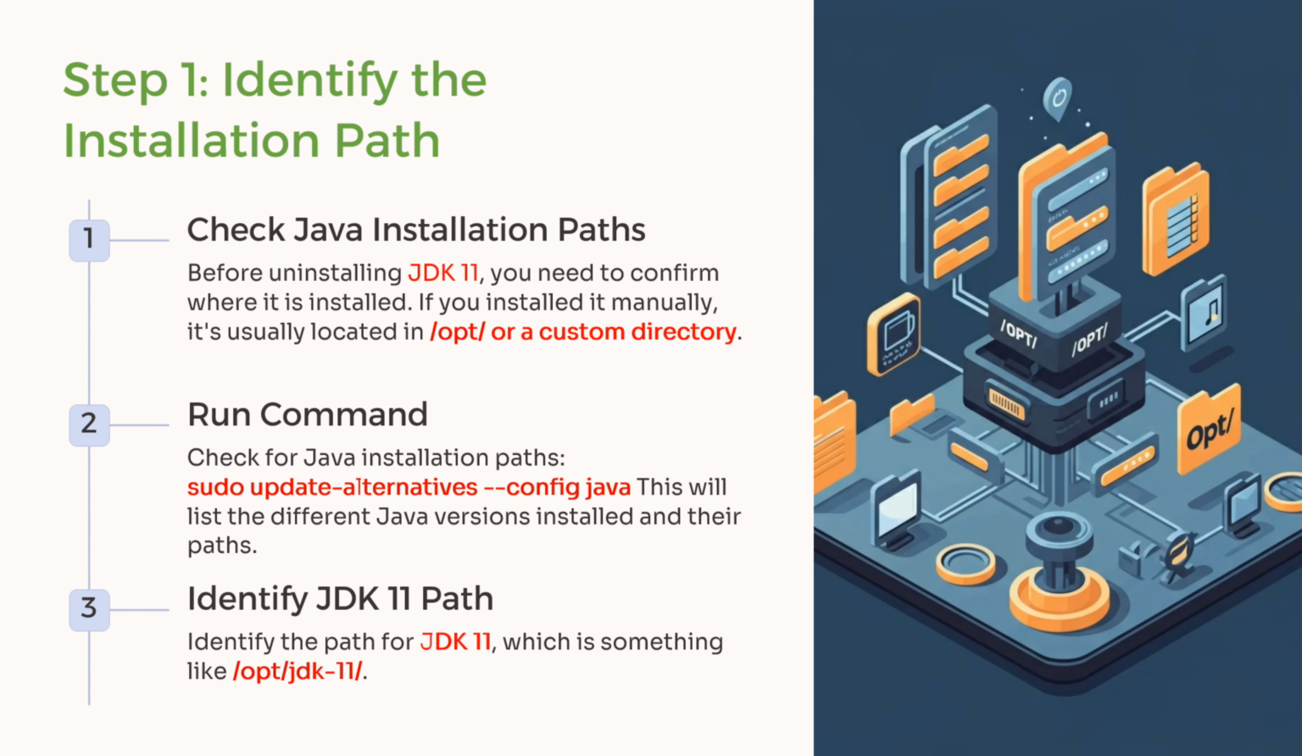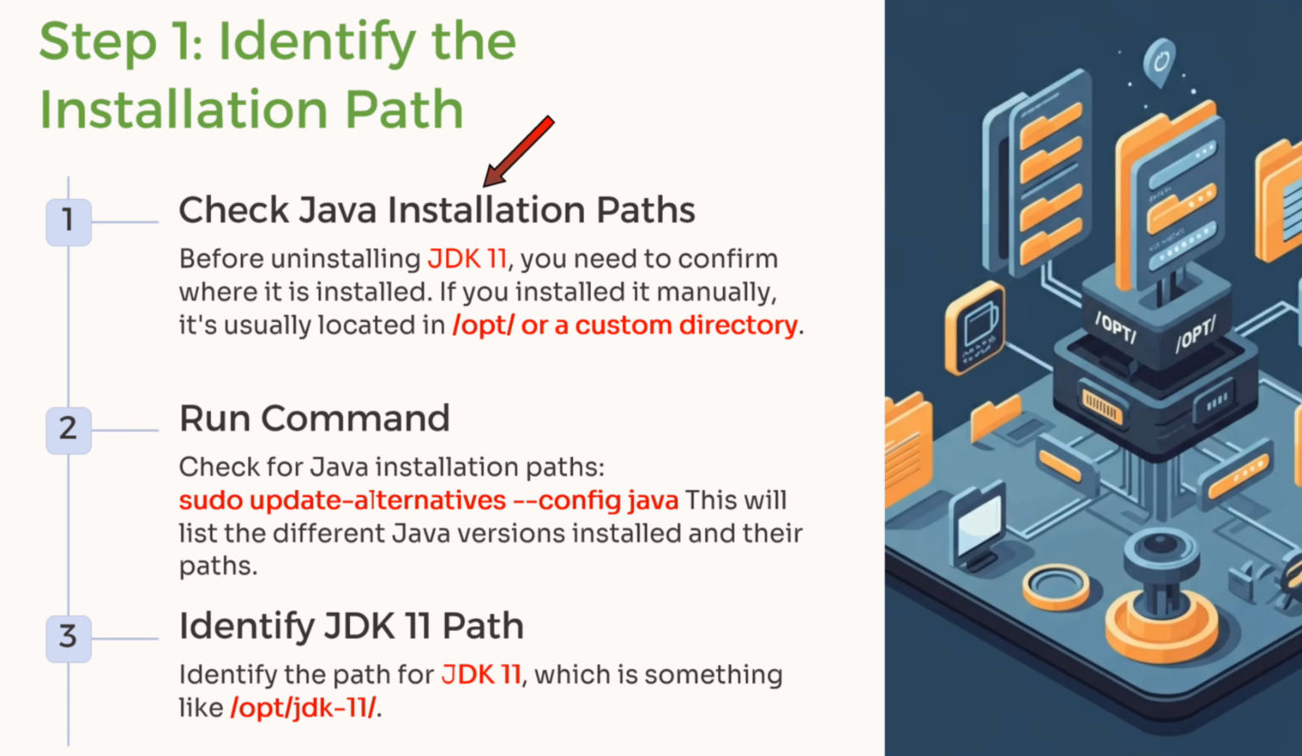Step 1 is identify the installation path. Before uninstalling JDK 11, you need to confirm where it is installed. If you installed it manually, it is usually located in the opt folder or a custom directory. To check for the Java installation path, you have to run this command. This will list the different Java versions installed and their paths. Then you have to identify the JDK 11 path, which is something like